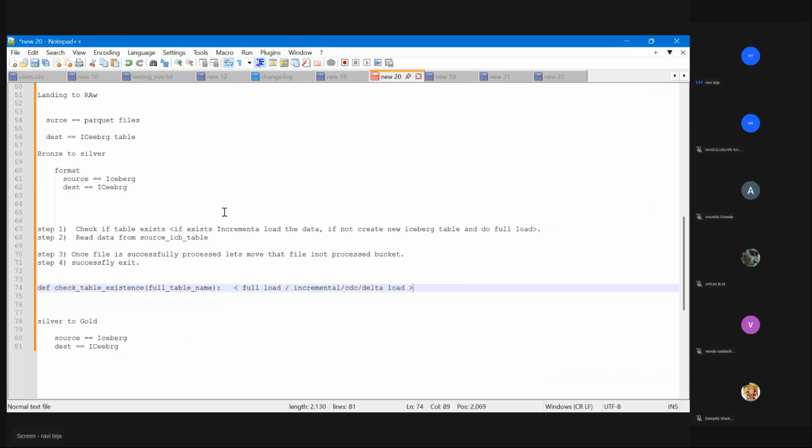Let's say table 1's first run has 10 records. Now again 5 records got added to that. That means you need to process only the newly added 5 records, because those are the incremental load, the CDC load, the delta load for you. You're not going to pick all the 15 records, you're going to pick only the newly added 5 records. How do you pick it?